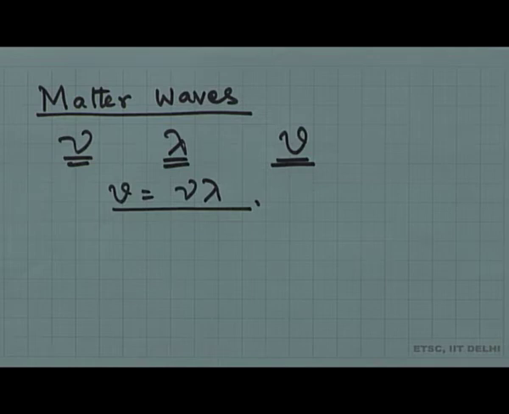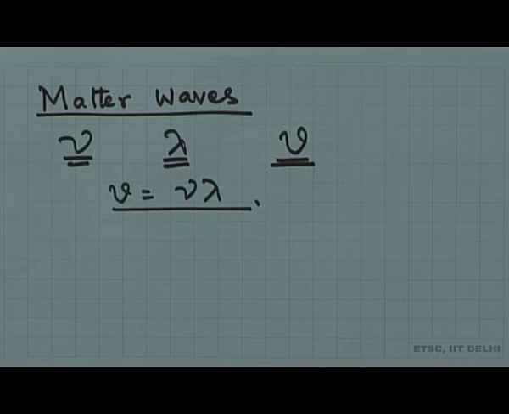Remember, in waves, the energy carried by the wave is always proportional to the square of the amplitude. So we say a person is speaking louder, or softer, or an instrument is being hit very hard. What we are worried about is not the frequency or the wavelength, but how high the amplitude is. For example, with a percussion instrument like tabla or mridangam, or drums, the harder you hit, the larger will be the amplitude of vibrations, and that is what contributes to the energy.